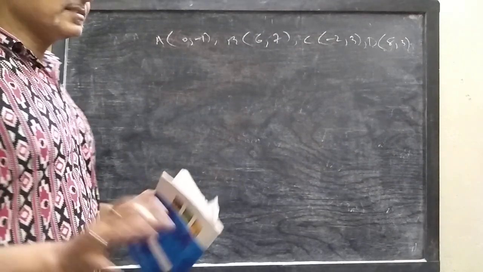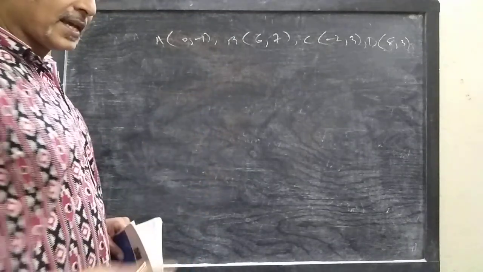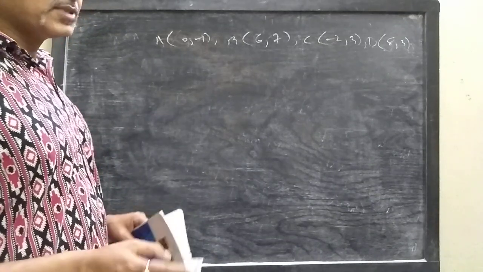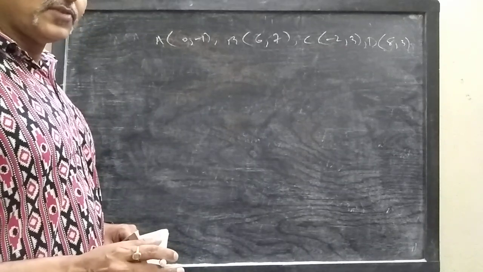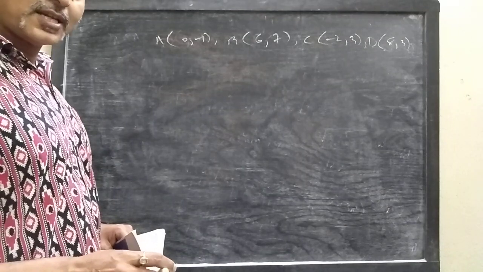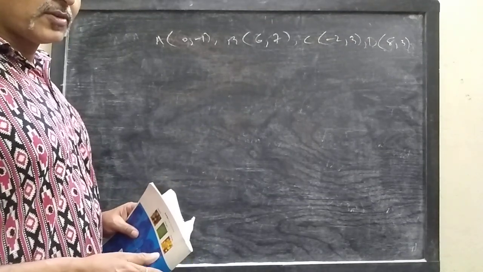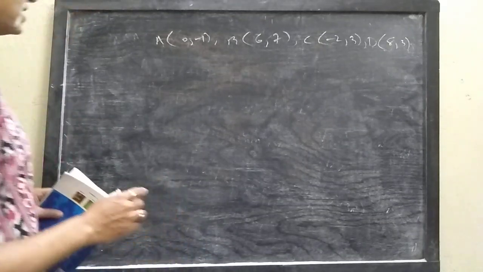We have to find 6 lengths. First 4 are the lengths of the sides and the next 2 are the diagonals. If we can show that the opposite sides are equal, then we can say that it's a parallelogram, because if the lengths of opposite sides of a quadrilateral are equal, then it's a parallelogram. And we know if the diagonals of a parallelogram are equal, then it's a rectangle. So first we have to find the length of 6 line segments.